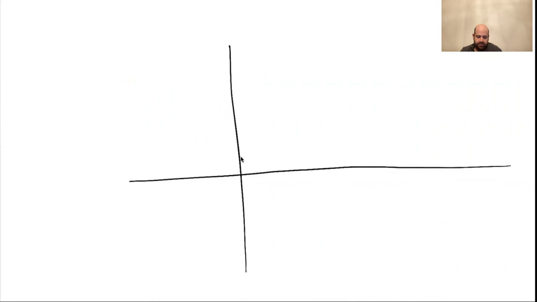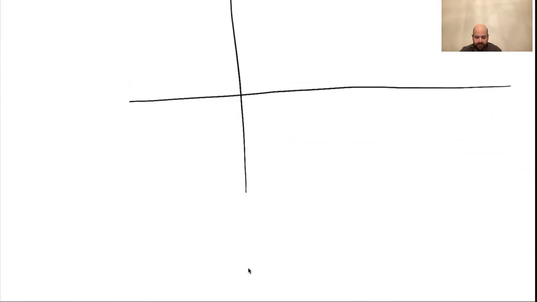So let's sketch the graph of the function. The domain is the open interval 0 to infinity, so we have a graph only on the right side of the y-axis. We need to start right after 0. Right after 0, the limit is minus infinity. We start from here, and then we go up